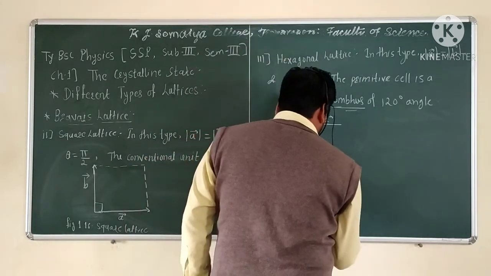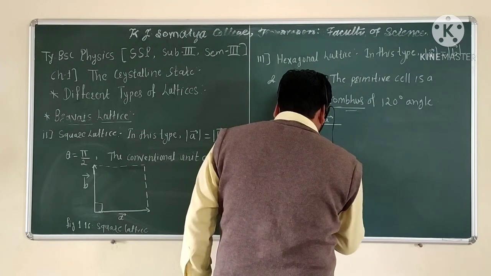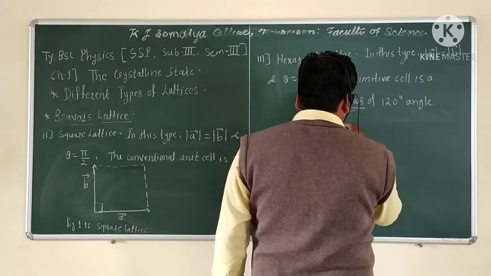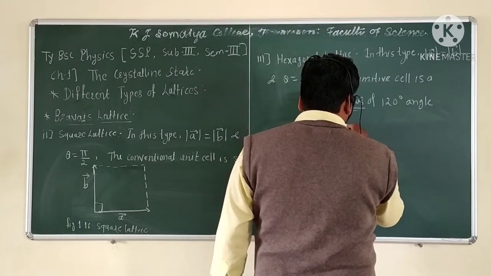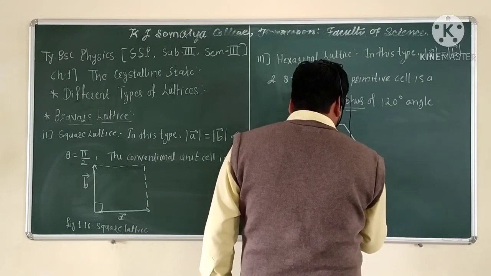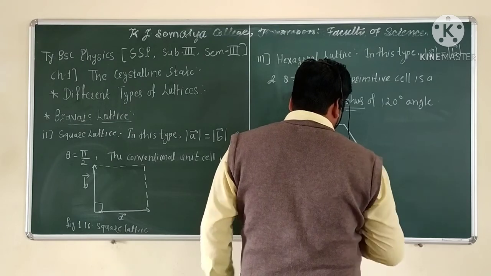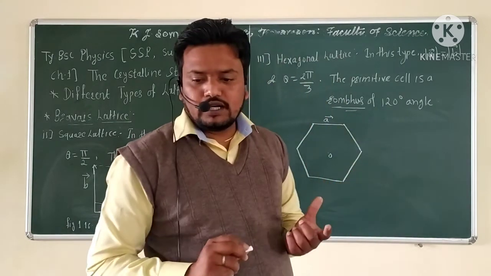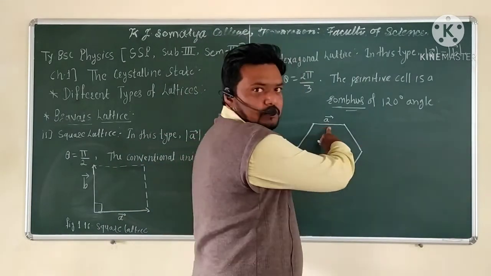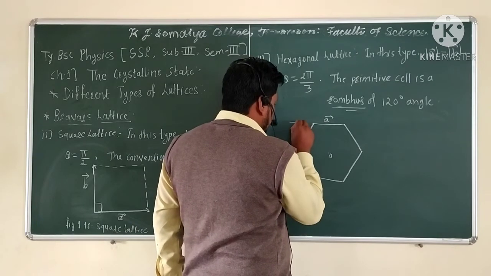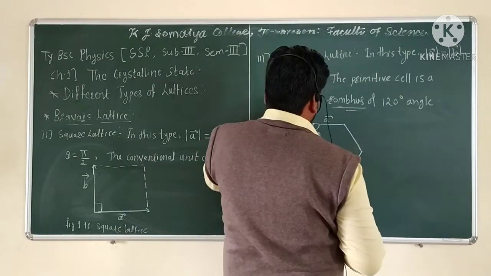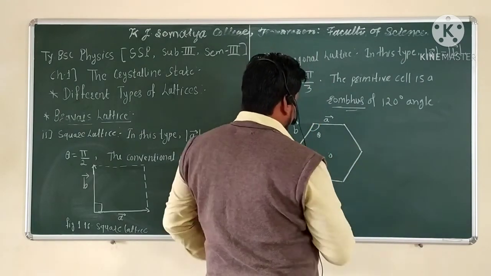Again consider this structure, which is like the benzene ring, or a 6-cornered ring, called the rhombus of 120 degree, with all sides from this center O. And suppose this is vector a bar and this is vector b bar. The angle between them is theta, which is 2 pi by 3,